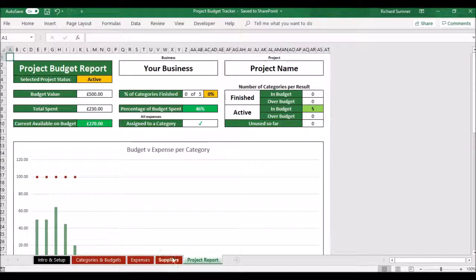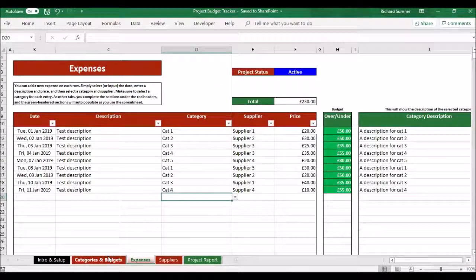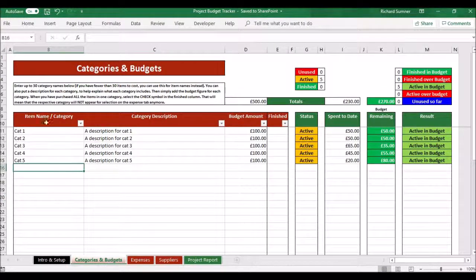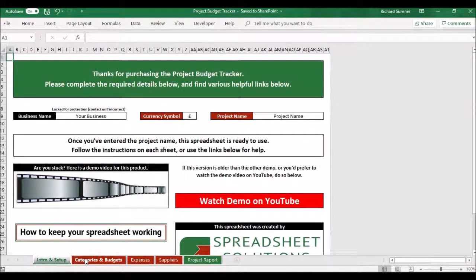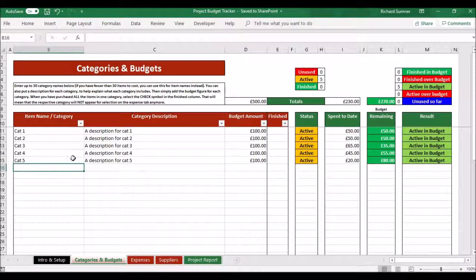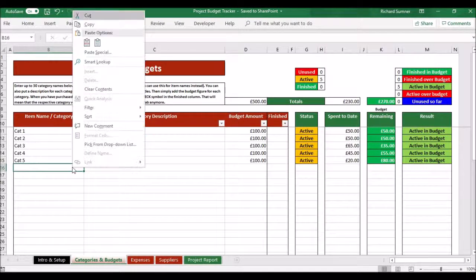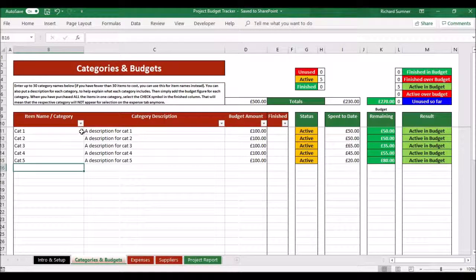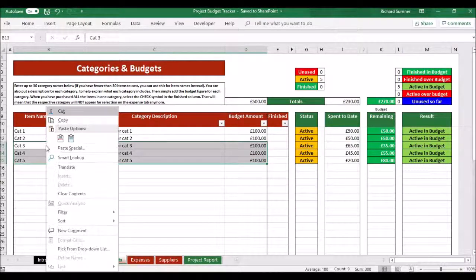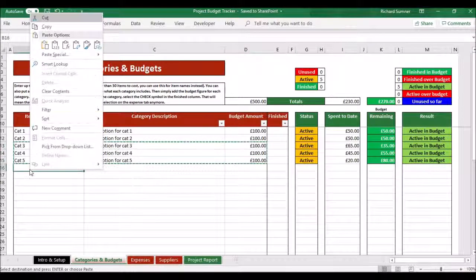So yeah, I think that's all that we really need to state. One thing I will say is if you want to remove any data, if you click on the link at the bottom, how to keep your spreadsheet working, don't move any data, don't delete any data. All you want to do if you want to remove any data is right click, just say clear contents, and then just resort things. If you want to copy and paste data into the spreadsheet, whether it's from an external spreadsheet or internal, you want to highlight the data, right click, copy, and when you go to paste, you don't